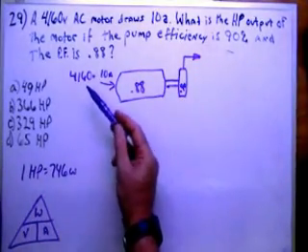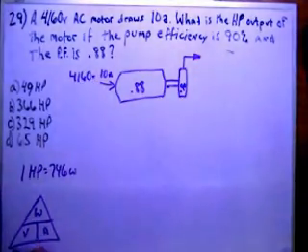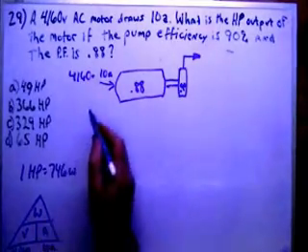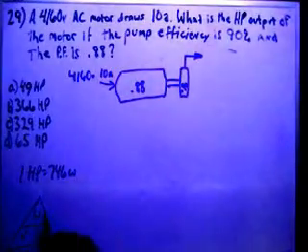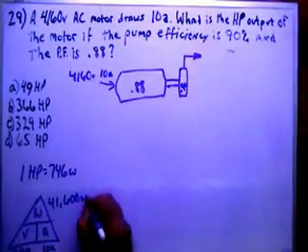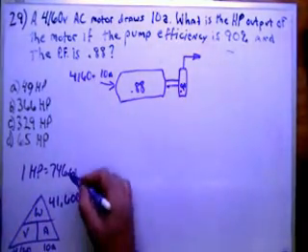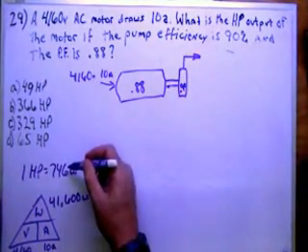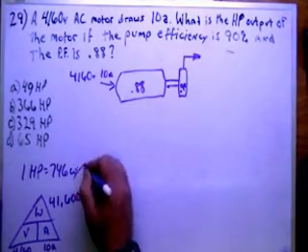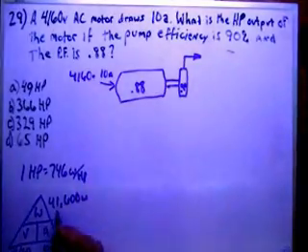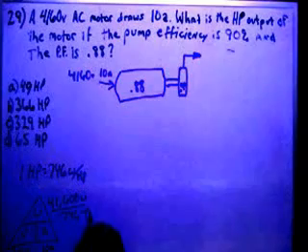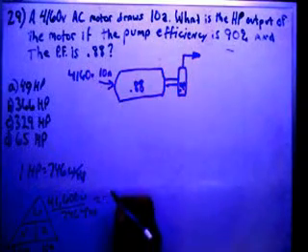So we're going to take the 4160 volts and we'll put it down here, 10 amps down here, and 4160 times 10 is going to equal 41,600 watts. So if each horsepower is 746 watts, we will go 41,600 divided by 746 watts per horsepower. And we will get